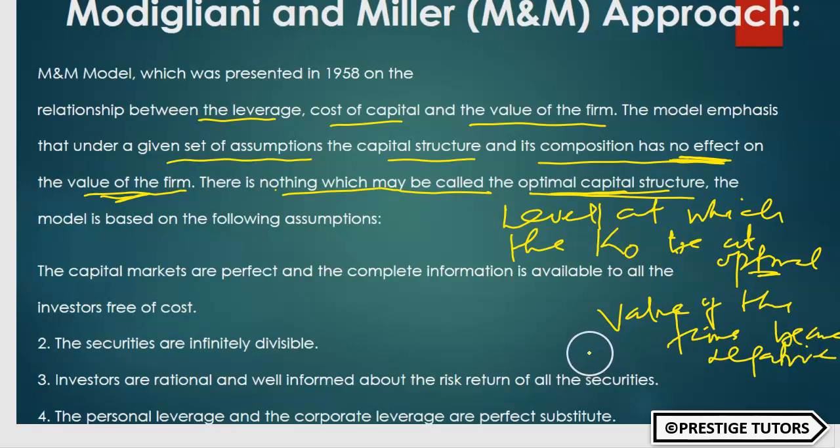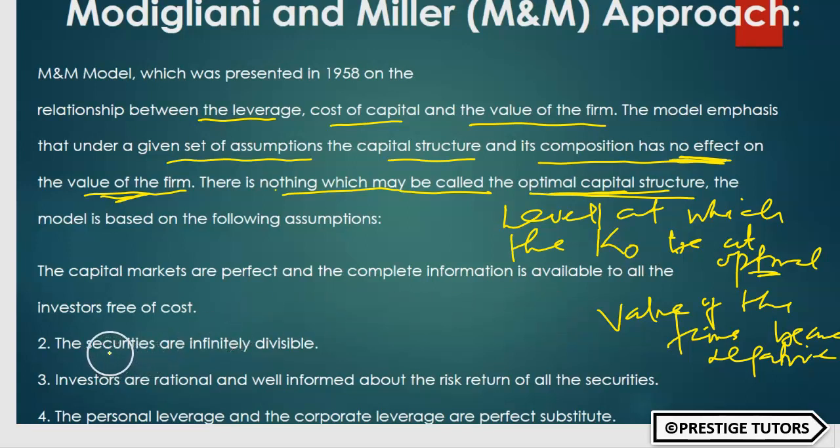What attracts debt? What makes a firm go out to look for debt over equity? Because cost of debt is cheaper when compared to cost of equity. But optimal capital structure is telling us that the more debt you borrow, it will get to a maximum point when the more debt you take, the less it will add to your value. That means the cost will become higher, then the value will be reducing, which is counterproductive. So that is what they are saying.